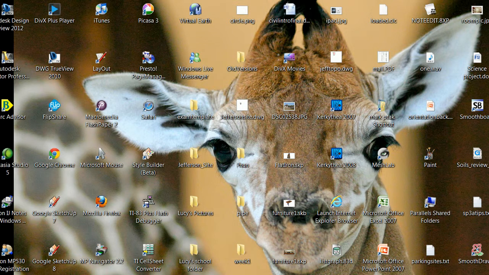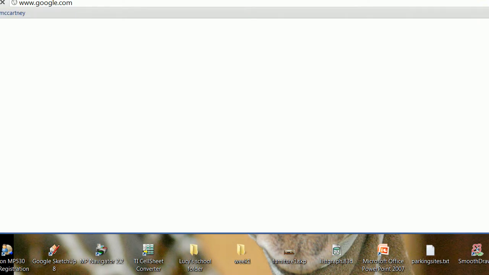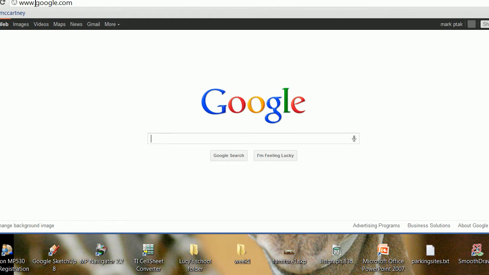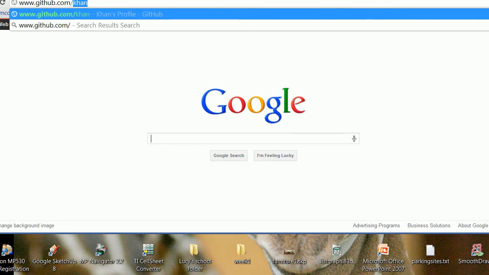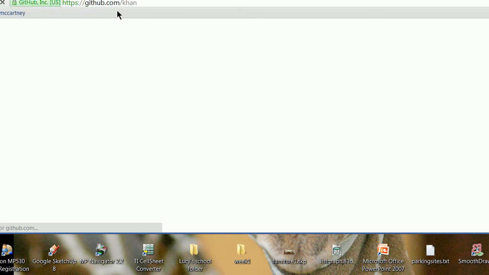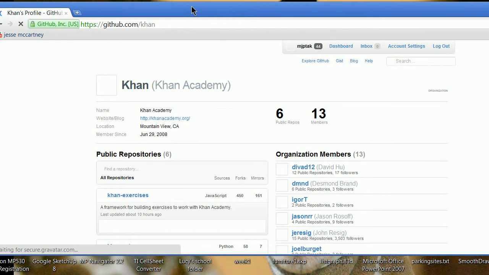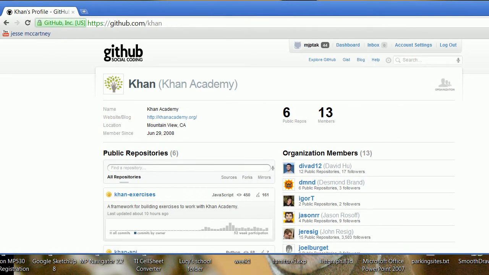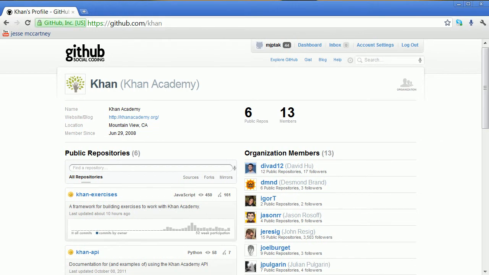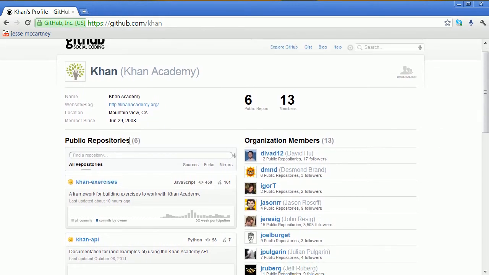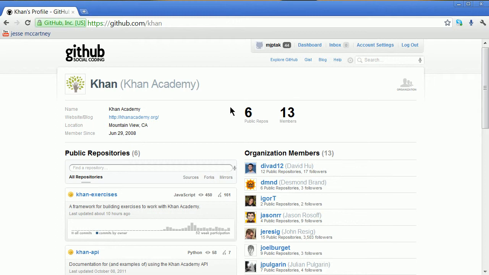So I'm going to show you real quick where all the development stuff on Khan Academy is. You all should get out and participate in it. I hope you can see this: you go to GitHub, github.com/Khan, and you get to this incredibly nutty space where they're hosting all their social coding. It's a great, cool site.